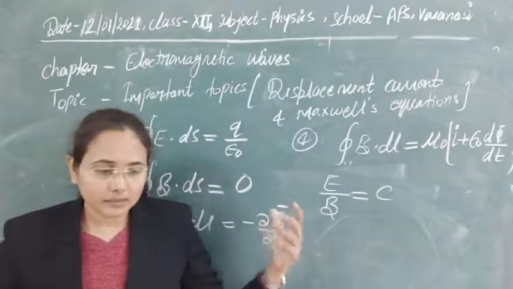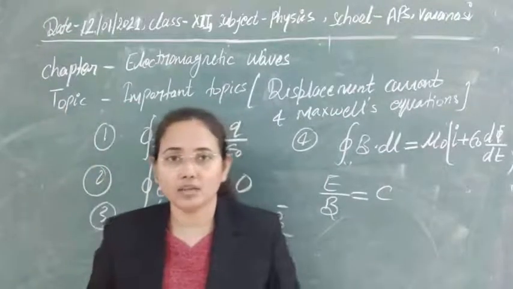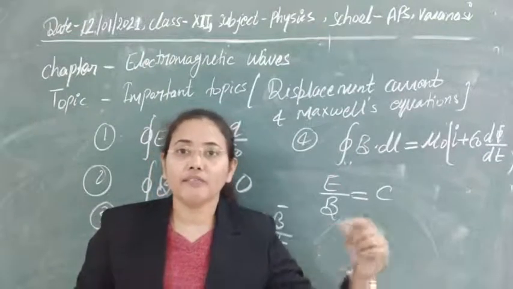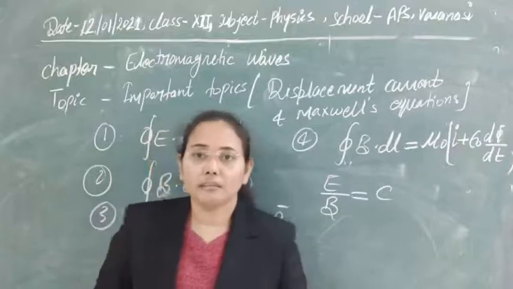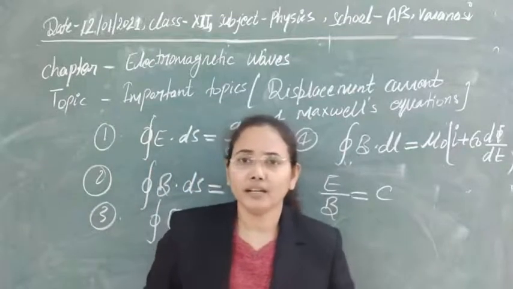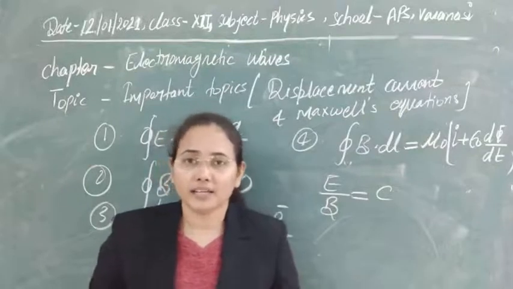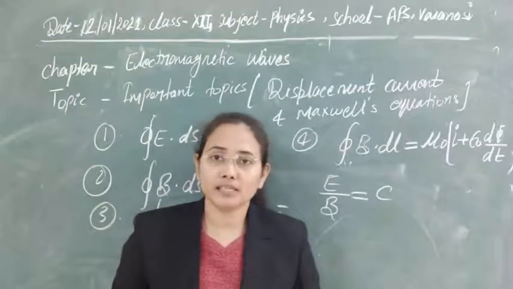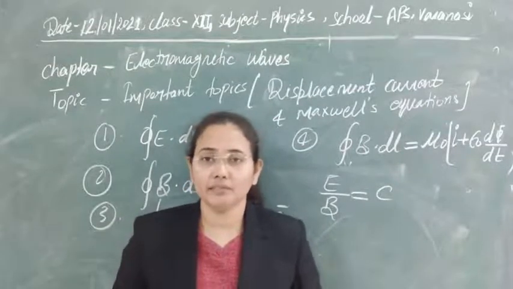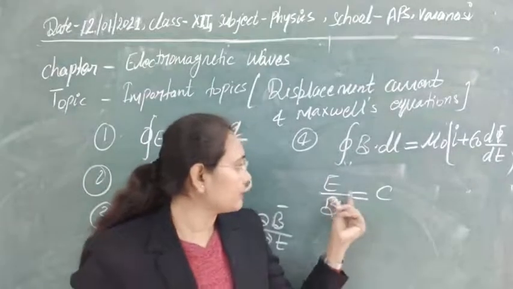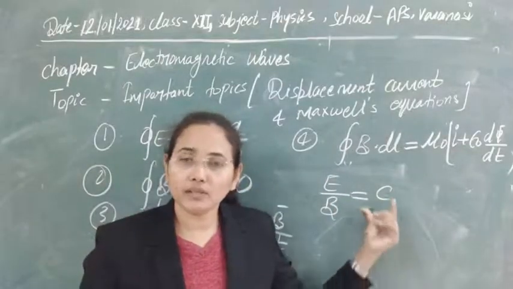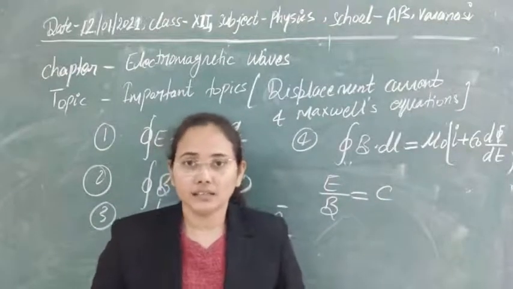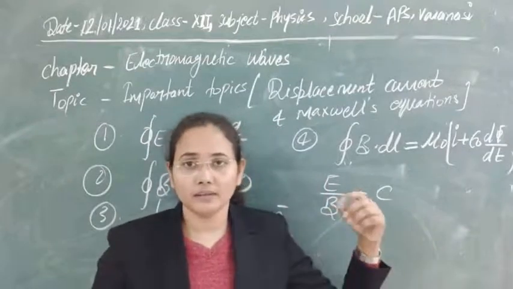Sometimes while studying polarization and other properties of light, we take only the concept of the electric field for understanding. You can also take the magnetic field, either the electric field or the magnetic field, and you can explain all the properties of light. But still, at most places, as you have seen, we take the concept of the electric field. The reason is that the magnitude of the electric field is much greater than the magnitude of the magnetic field. So greater magnitude helps us a lot to understand the concept, so we take this for our conceptual clarification.